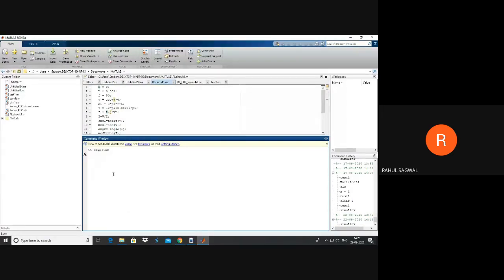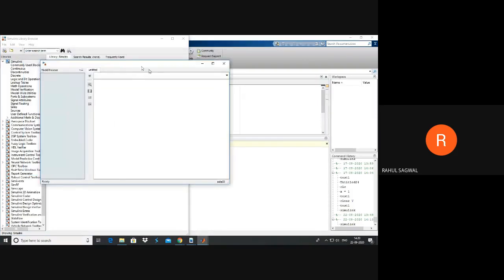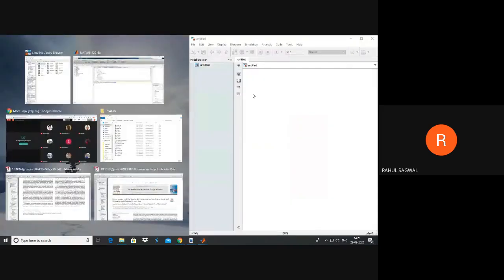It will open Simulink in a while. Okay. New project or new model. So we'll be using this new model here in this Simulink library.